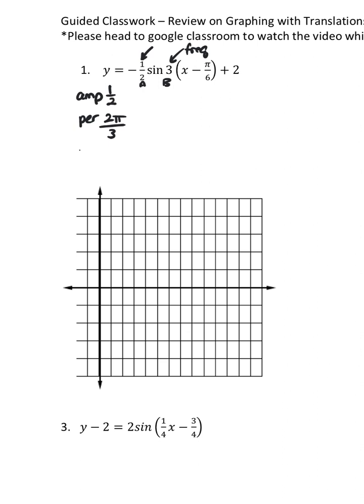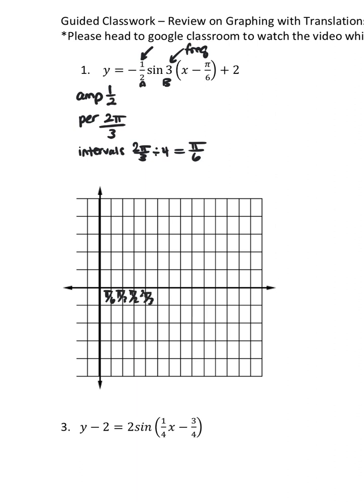Then we're going to talk about our intervals. Sometimes we call that our scale, but it's the distance between our points. We're going to take the period length and divide by 4, which is the same thing as multiplying by the reciprocal. So 2 pi over 3 times 1/4 would be 2 pi over 12 or pi over 6. Now we're quick sometimes to come right down here and label this. Pi over 6, so 30 degrees, pi over 3, so 60 degrees, pi over 2, so 90 degrees, and then